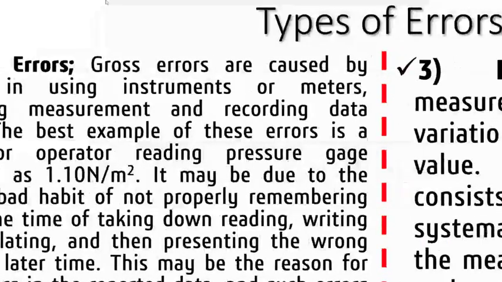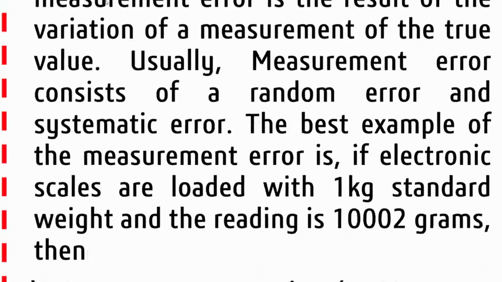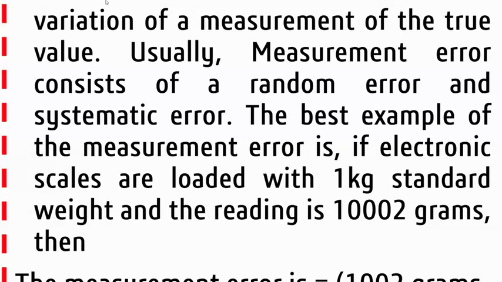Now let's look at the third one, which is really our focus, the measurement error. The measurement error is a result of the variation in measurement of a true value. Usually, measurement error consists of a random error and a systematic error. The best example of measurement error: if an electronic scale is loaded with a 1 kilogram standard weight and the reading